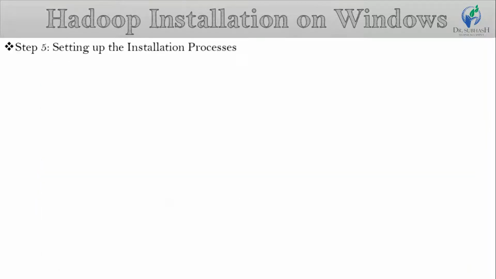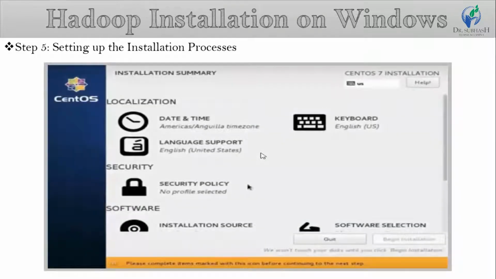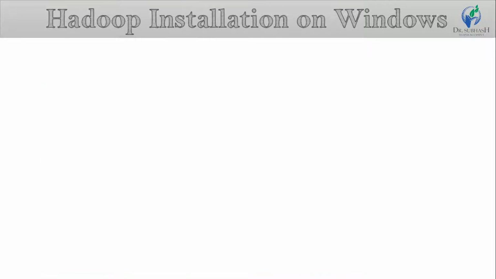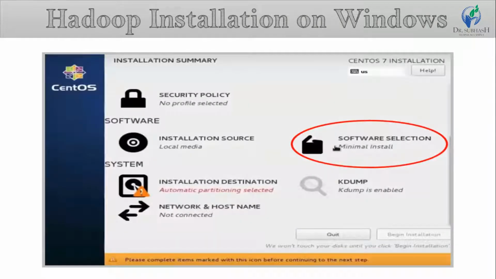In step 5, setting up the installation process. From step 4, you will be directed to a window with various options as shown in the figure. For that, first, to select the software type, click on the software selection option.